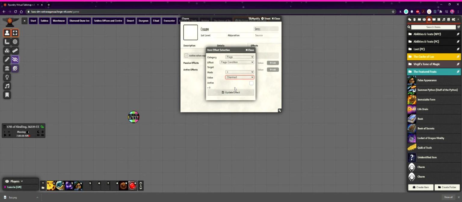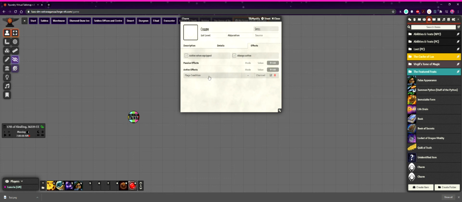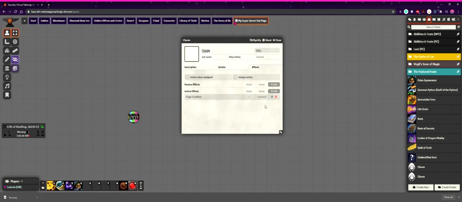And we're going to go to Charmed, and this is important, we're going to select it as active. Active means it is only active. It has to be activated. It's not passive. If it was passive, it would set this condition or effect on anybody who has this in their inventory, or when it's set on somebody, it'll become a passive, and you just don't want that. You want it to be active, so it adheres to the time limit, duration rather, and all that good stuff. So Charmed is set up